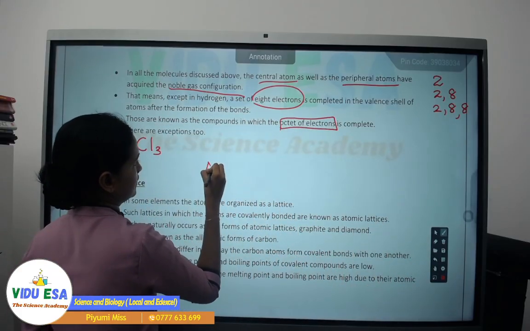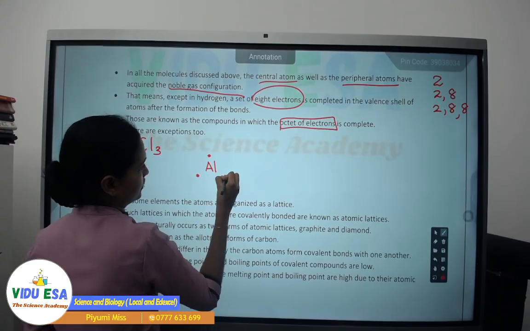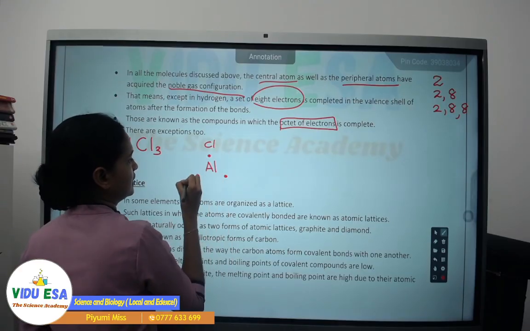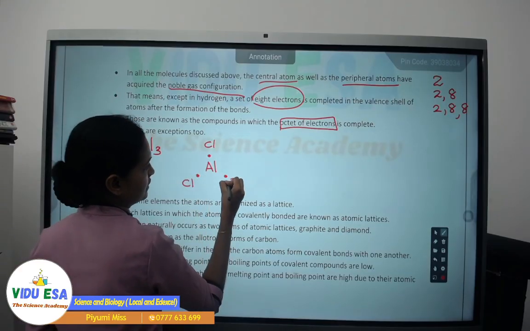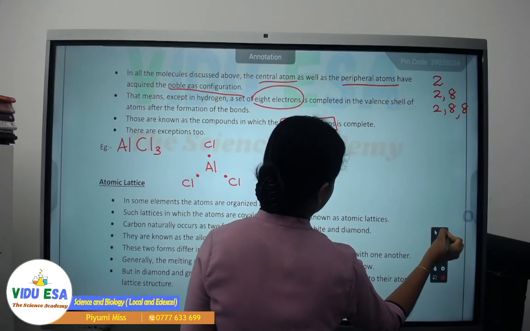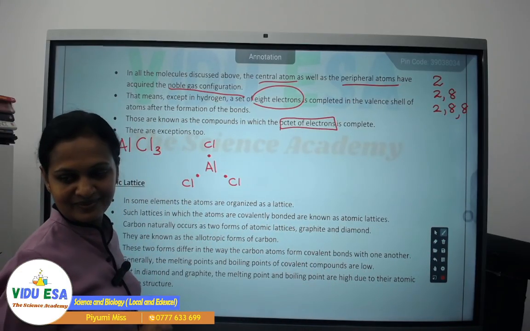If I move it a bit lower, aluminium has 3 electrons, right? Then it has shared electrons with 3 chlorine atoms. Each chlorine has how many valence electrons? Each chlorine atom has,